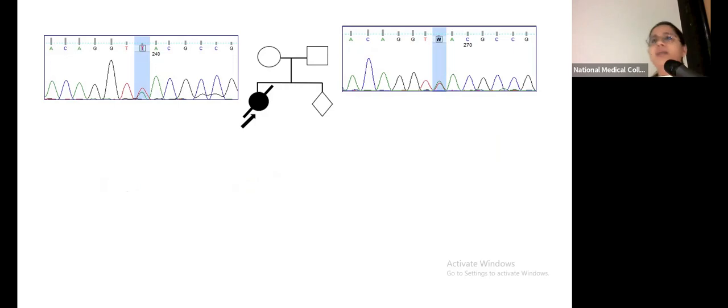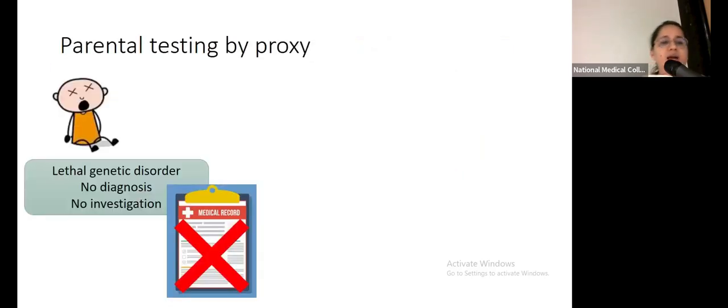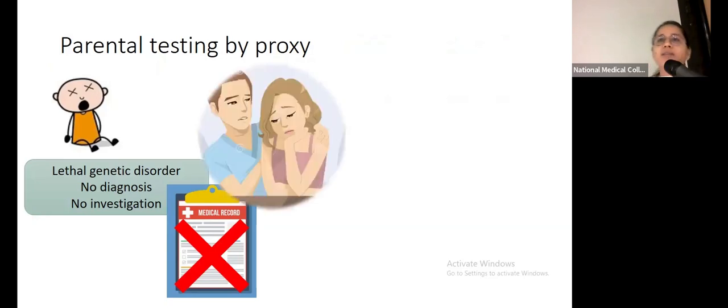But in the last many years, what we see is that the genetic universe of disorders is larger, because the Mendelian genetic universe is not limited to DMD, SMA, and thalassemia. It comprises more than 6,000 known genetic disorders and many more which are discovered every year. So for many such genetic disorders, there is no diagnosis. The parents have no investigation left, and what we've seen with our patients is that as soon as the child dies, the parents destroy all the medical documents pertaining to the child. And in such a sad state, the couple is left with bits and conjectural pieces of evidence which can in no way help to find out what actually happened to the proband.